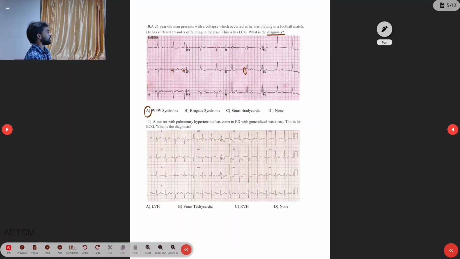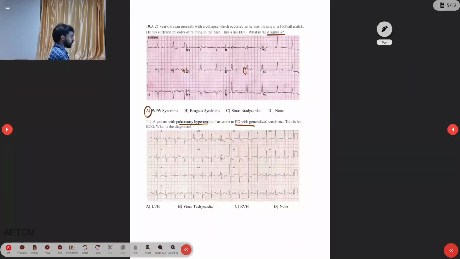Then the 11th question: a patient with pulmonary hypertension has come to the ED with generalized weakness. This is his ECG. What is the diagnosis? Since they have already given pulmonary hypertension, you can think in terms of that mainly. The options for the 11th question: